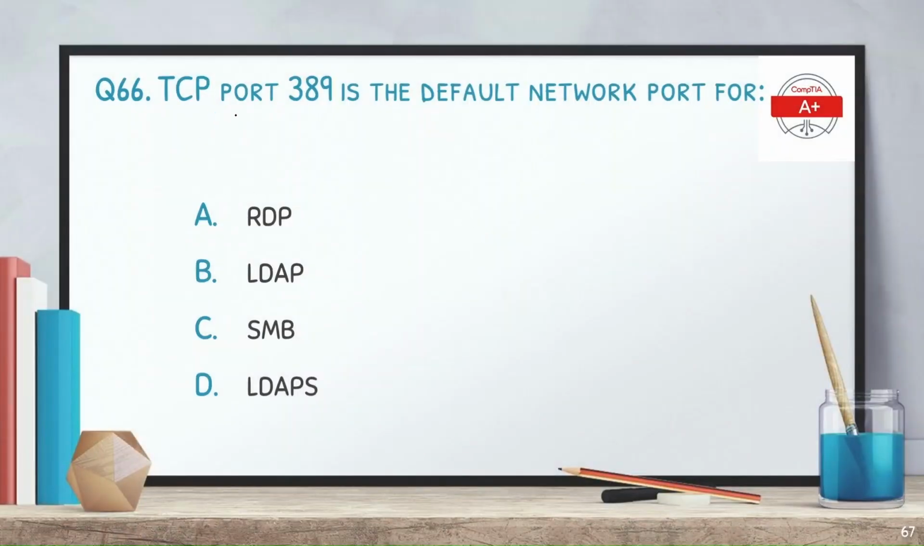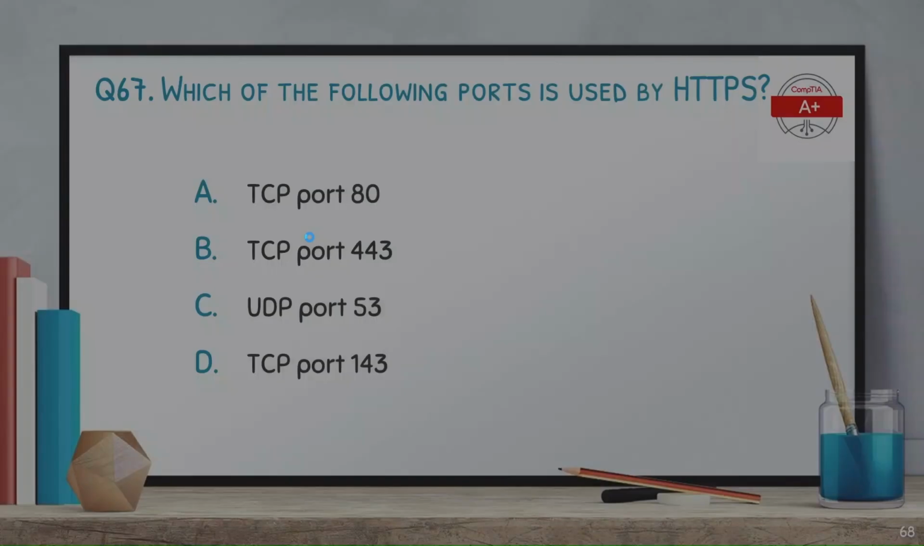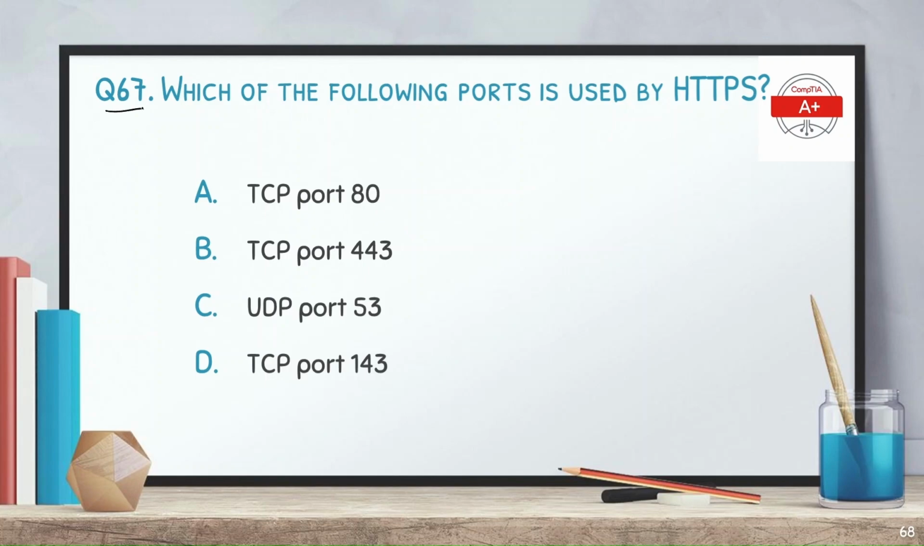Question number 66 is that TCP port 389 is the default network port for the options: A, RDP; B, LDAP; C, SMB; and D, LDAPS. And the correct option is LDAP, Lightweight Directory Access Protocol. Question number 67 is that which of the following ports is used by HTTPS? The options are A, TCP port 80; B, TCP port 443; C, UDP port 53; and D, TCP port 143. And the correct option is TCP port 443,